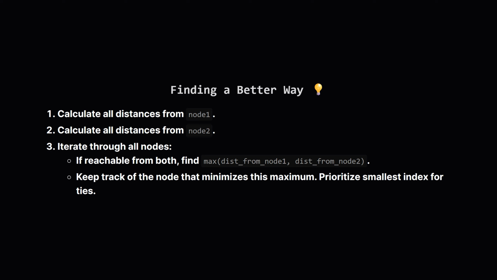For each of these nodes, let's call it candidate node, we check if it was reachable from node 1 and from node 2. If it is, we then look at its distance from node 1 and its distance from node 2. We take the larger of these two distances. Our goal is to find the node where this distance is the smallest possible. If there's a tie, we pick the